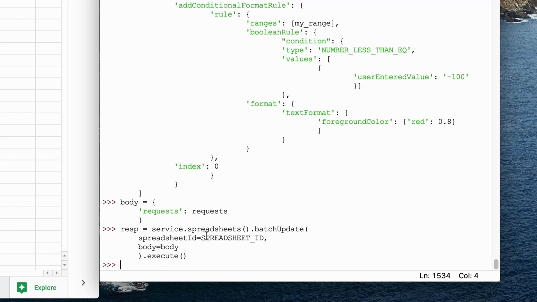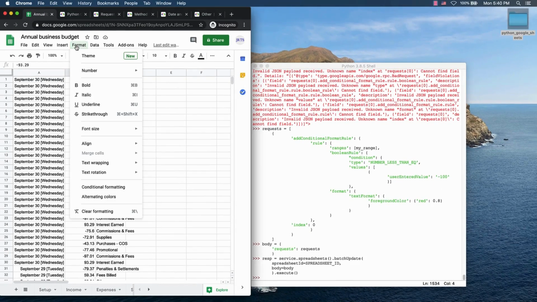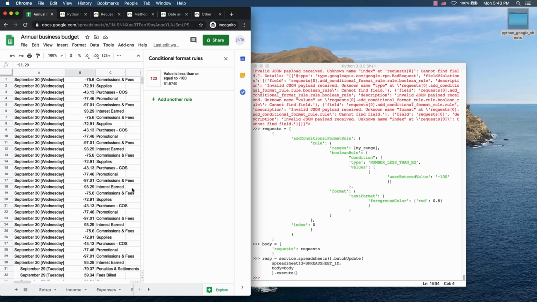To check that the conditional format was actually added, we can view the conditional formatting rules in the spreadsheet. You can see that our rule was added for a value is less than or equal to -100, and we want it to be red, and we're applying it to the proper column. So everything that we did was correct, except for we chose a value that was outside of the transaction range. So let's delete that rule,